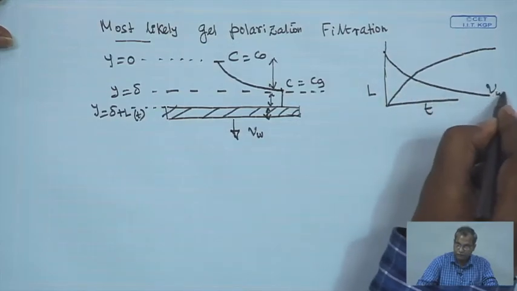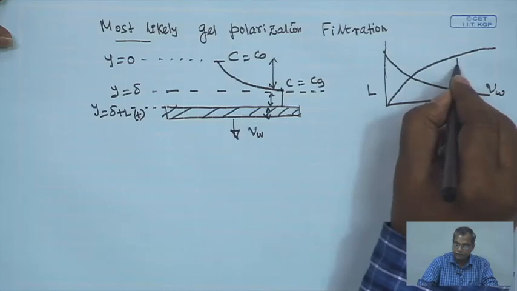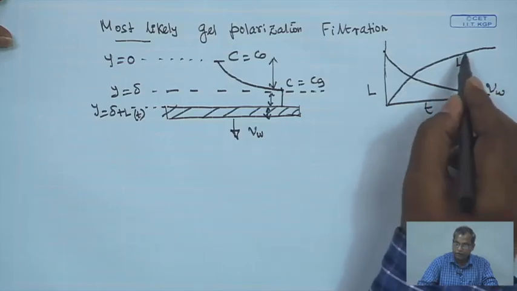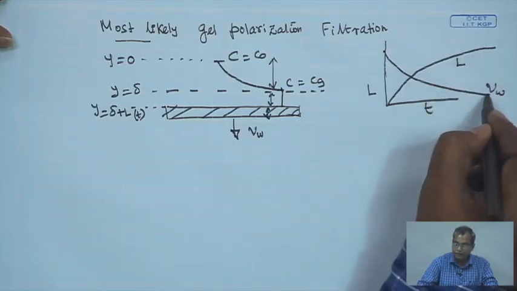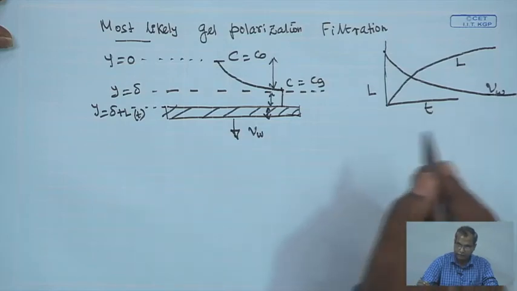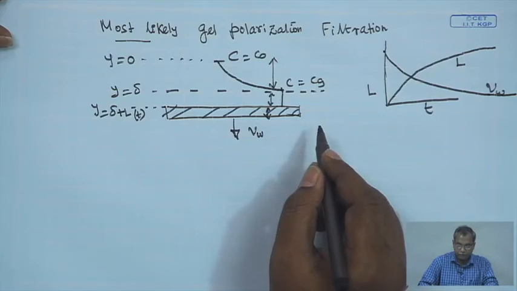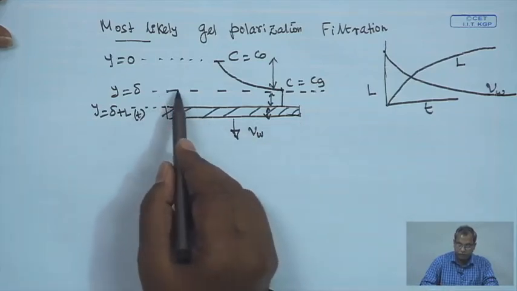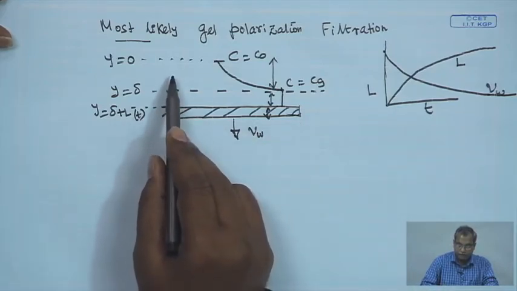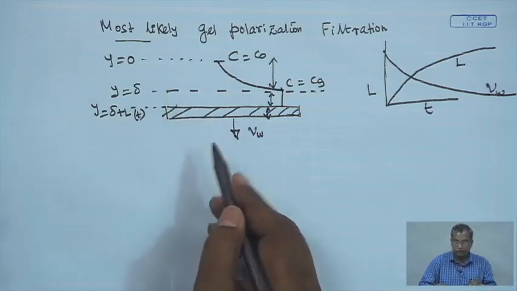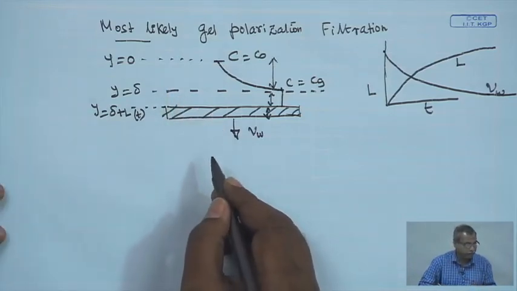So, this is how the permeate flux varies with time, this is how the gel grows in time. When the gel layer thickness becomes constant, at steady state, permeate flux also becomes steady state. So, we are talking about a system with a moving boundary, because L is growing as a function of time, the value of L is increasing. The boundary is moving, so we are talking about a moving boundary system.